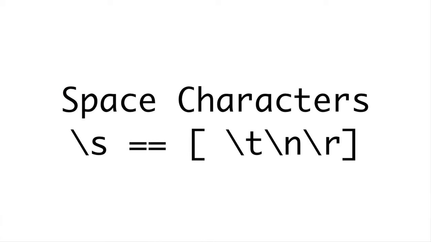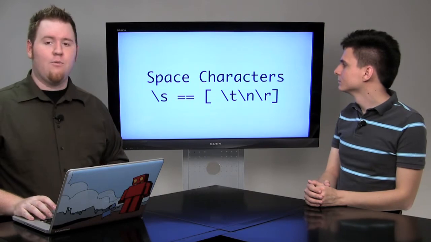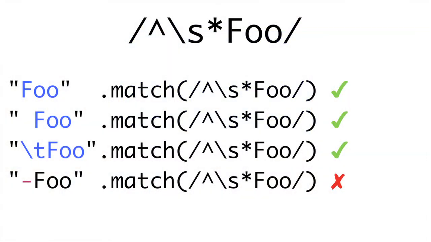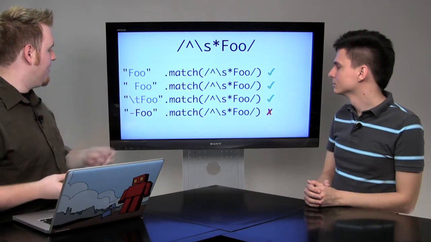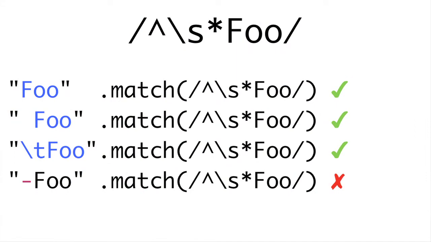Next we have the space character, which is the backslash lowercase s. And this matches a space, tab, or new line characters, really any sort of white space that you might want to match. So this is great if you're looking to maybe remove or ignore leading white space. So in this case, our expression is a caret to say the beginning of our string. And then we have the space character with a star, meaning that there is 0 or more space characters. And then we have the actual meat of our expression, in this case, foo. This is great if we really want to match things like foo, or foo with a space, or multiple spaces in front of it, or tabs. Now, it wouldn't match if there was a dash or any other character in front of foo that isn't a